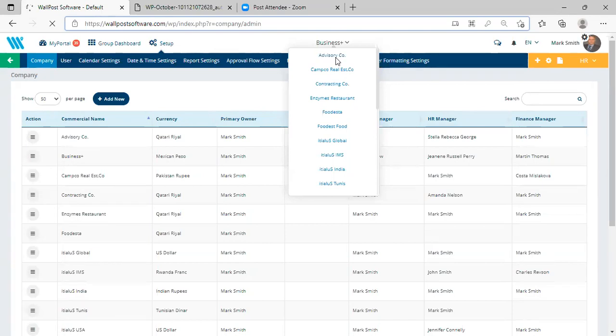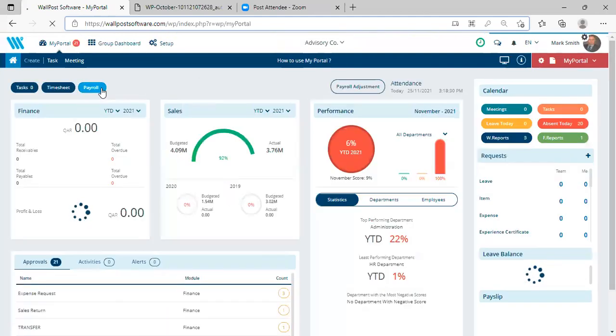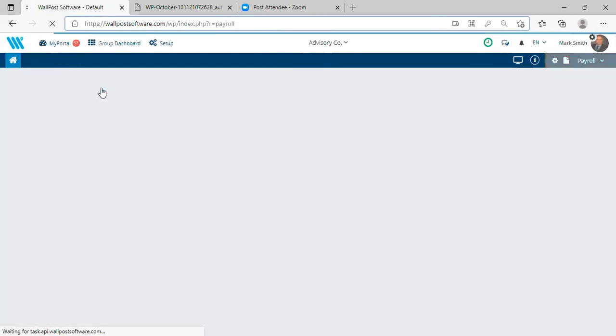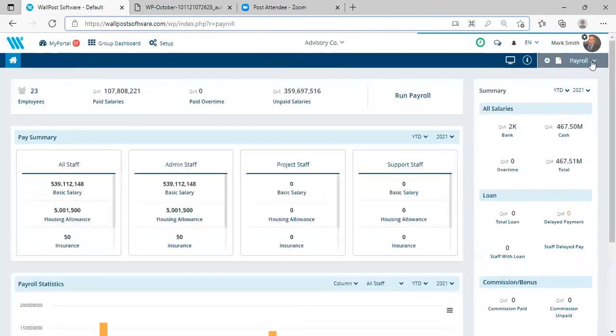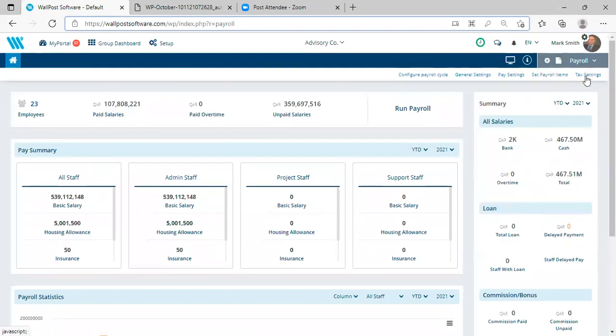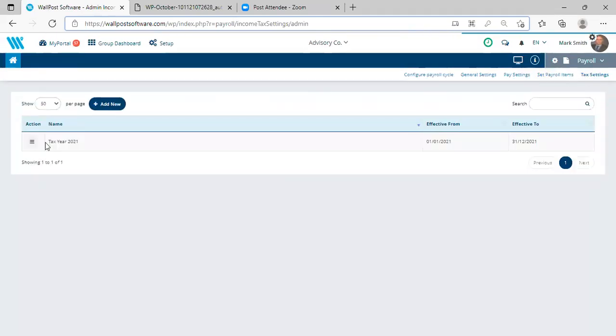Well, in the meantime, while we are loading the payroll software, the payroll software is designed to support the India market. You can go ahead and generate the payroll using our Wallpost payroll system. The tax settings are also available for you. There are tax settings that we have defined in the system to capture the TDS, to capture all the tax related information as part of your payroll or salary processing. The settings are easy to configure. Let me just show that to you.